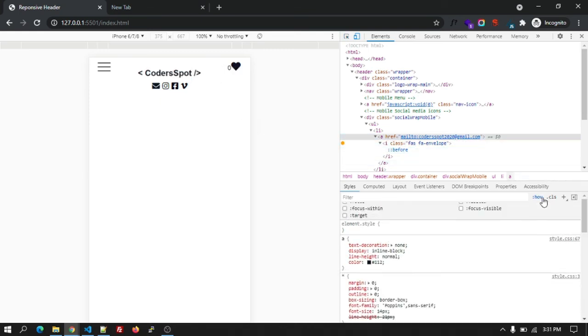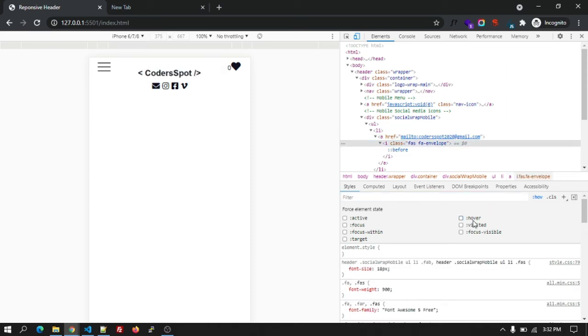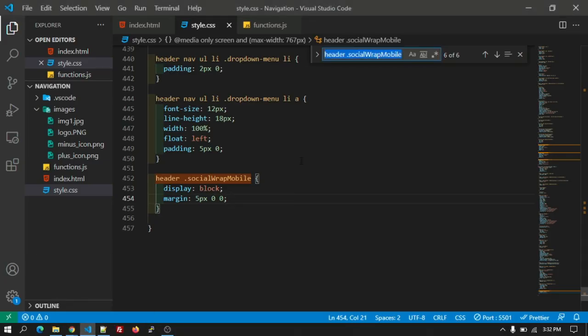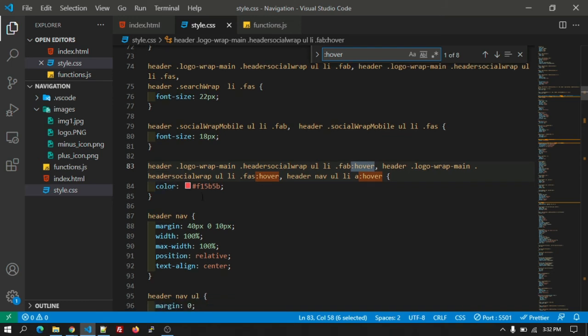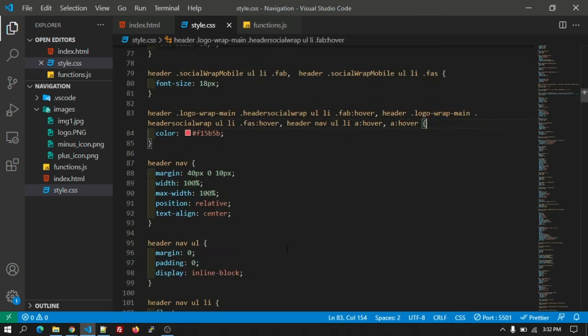Okay, let's see the hover effect of these icons. Is it applying or not? It's not applying. Let's add the hover effect as well, similar to the desktop hover effect. Let's add it. So let's search for the hover. So over here it's this one, right? So let's make it universal, such that whenever there is an anchor tag in the website, on hover of the anchor tag it will change the color as this one. Okay, let's add the animation as well.